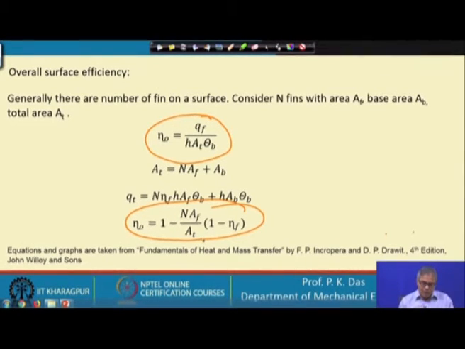Following the analysis which I have given, which is very simple, one can define the overall surface efficiency by this formula. Here you need to know the number of fins, the capital N, the fin area per fin, how much is the area. You need to know the fin efficiency, and you need to know the total area. So, with that we can have some sort of a surface efficiency. In a heat exchanger, as we are not using a single fin, we need to have the basic information of fin efficiency, but from there we need to calculate the surface efficiency, which we need to use in the finned heat exchanger design.